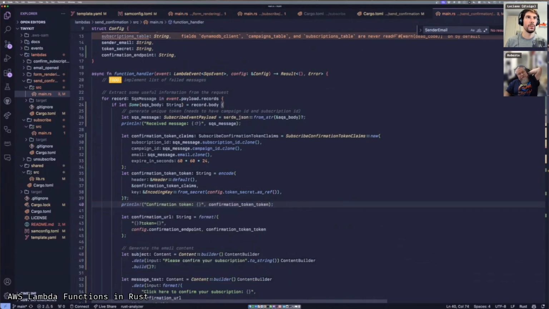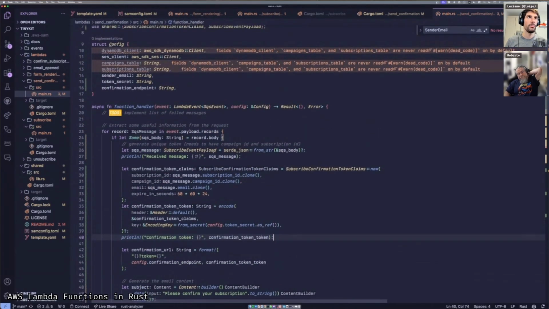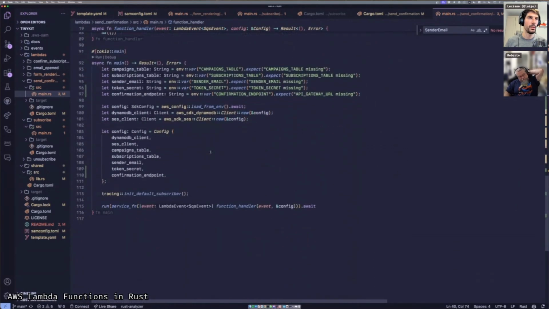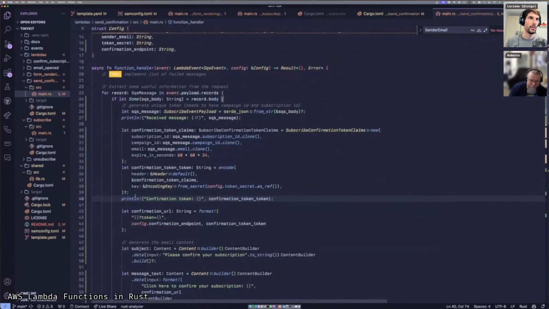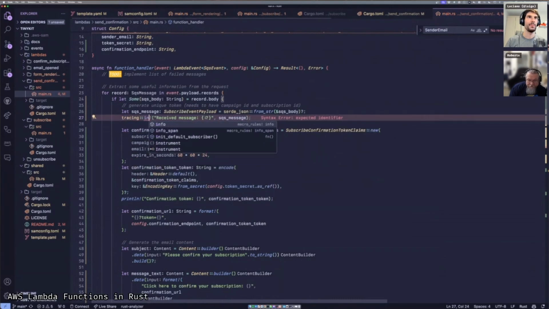Is there anything better than print to log in Lambdas? We should probably use a JSON logger, and they do have tracing. Yeah, let's use tracing. That would be better. I was just being lazy. No, I was just curious because